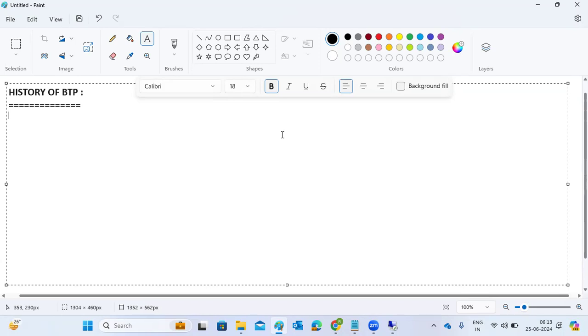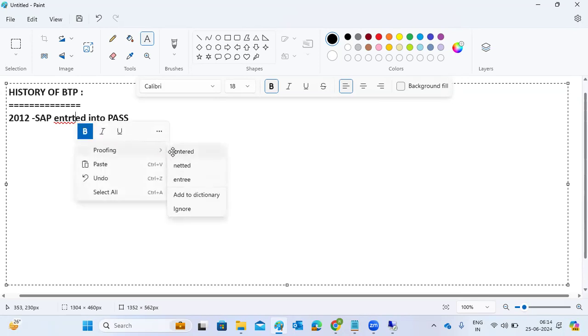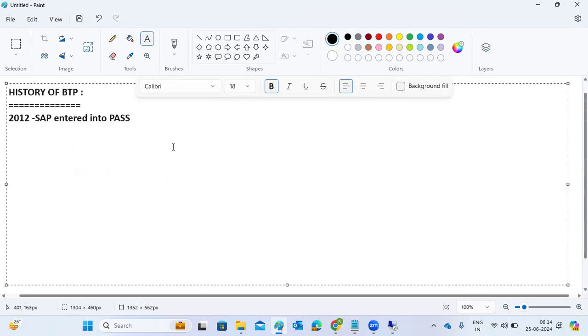SAP, in 2012 itself, maybe the wording BTP is new, but in 2012 itself, SAP entered into the PaaS market here, right?